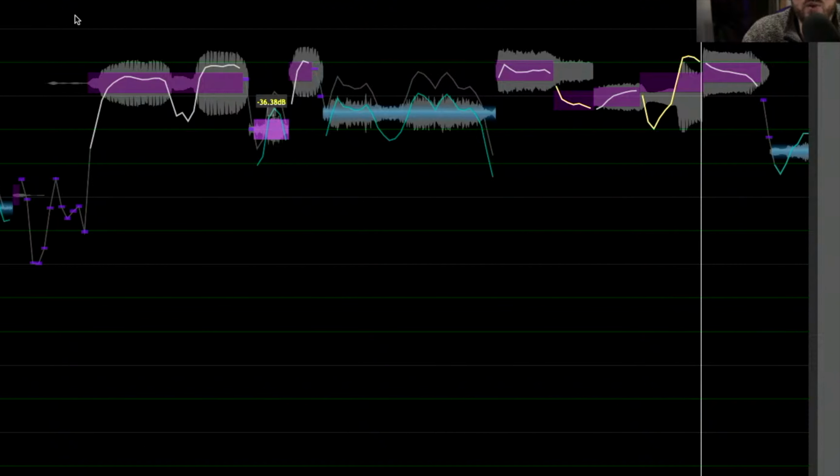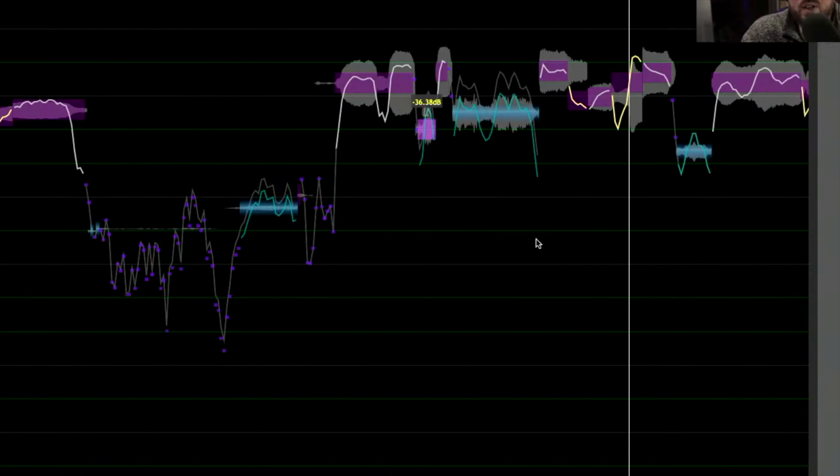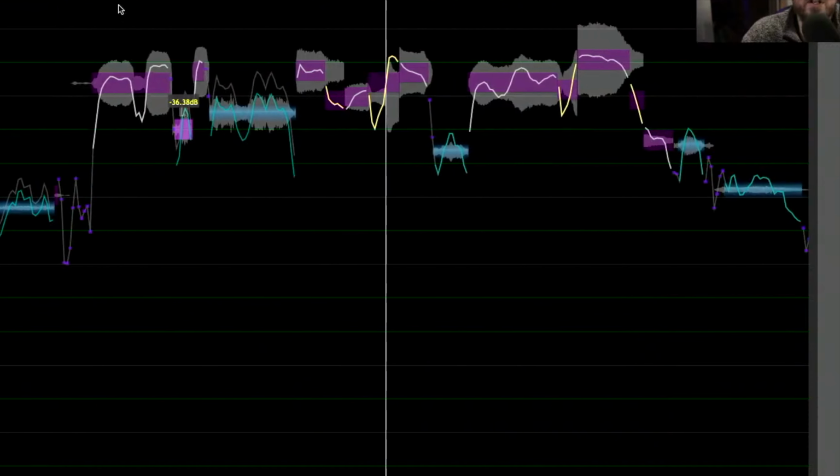Alt or Option modifier, hold this. Maybe just a shade. Brilliant. Now I'm going to use the R key to zoom out a little bit, and we can click, hold, and drag to reposition. The other thing that we can do from within this view is we can make the level